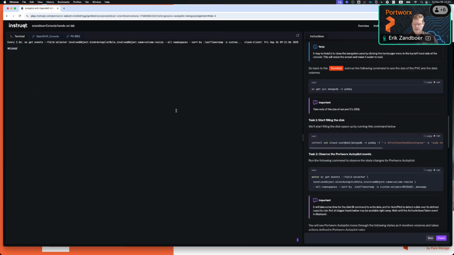So basically Autopilot has just kicked in. Autopilot found its first rule, right? We just defined a rule. We put it to a namespace. We put it to a MongoDB PVC specifically. So now Autopilot springs to life and says, hey, I have a rule to monitor.